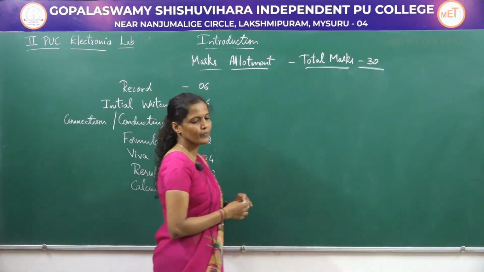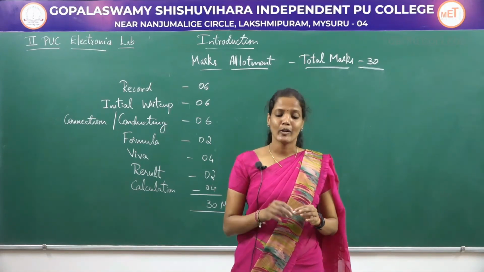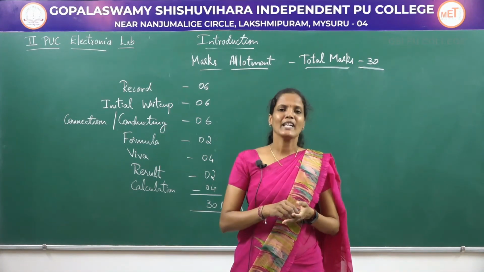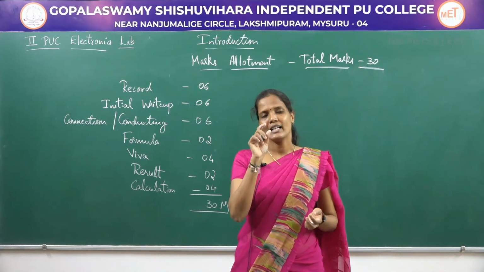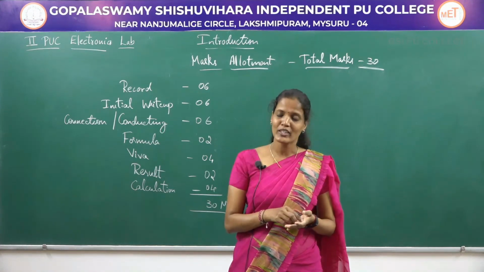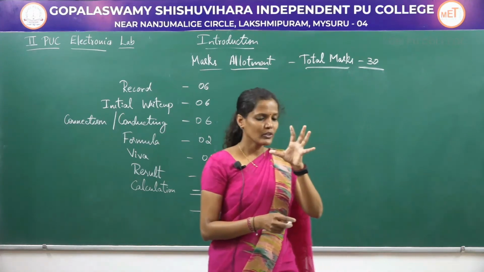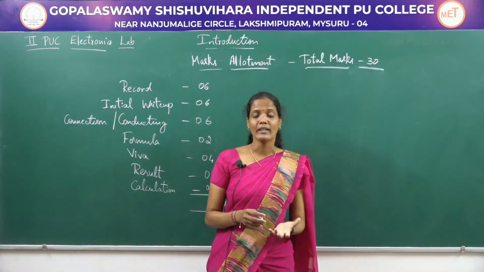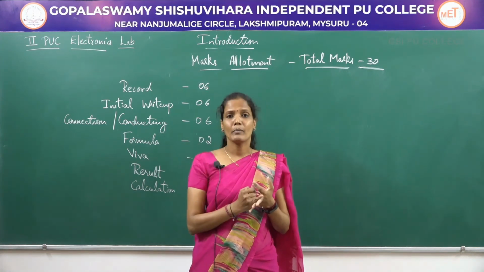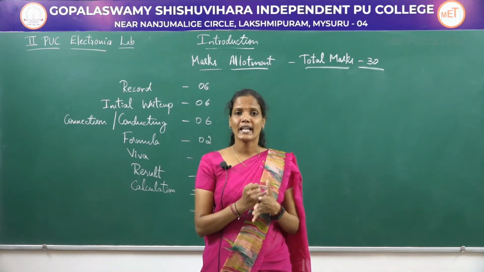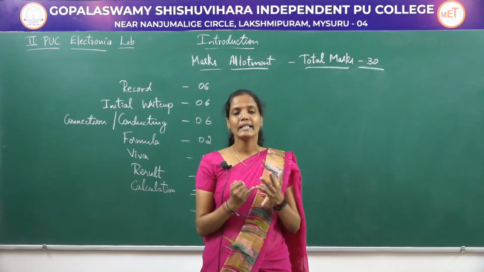Initial write-up: as soon as you enter the exam, you have to submit your lab records. After submitting the lab record, you have to pick one sheet of paper on which the experiment name will be written. Only one experiment name will be written on that sheet of paper. So you have to conduct that experiment for your exam. After you get to know which experiment you have got, you have to write the aim, apparatus required in order to conduct that experiment, tabular column, circuit diagram, any formulas if you have, nature of the graph if present, and then result.